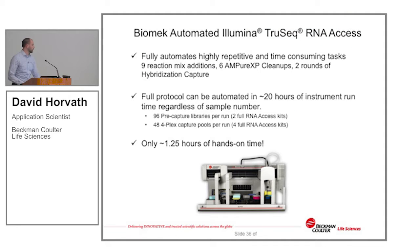So we decided to automate it on the FXP platform. It's the perfect system for this workflow. It needs large deck capacity, and it has the dual pod system for enzyme delivery and precision pipetting, as well as the multi-channel pod that creates efficiency around our Ampure cleanups, and there being 6 of them again in this run. So we fully automated the highly repetitive and time-consuming tasks, again, all those mix additions and cleanups,